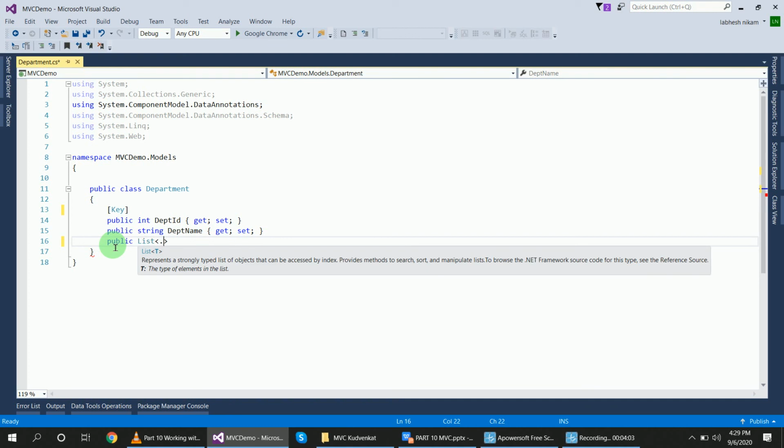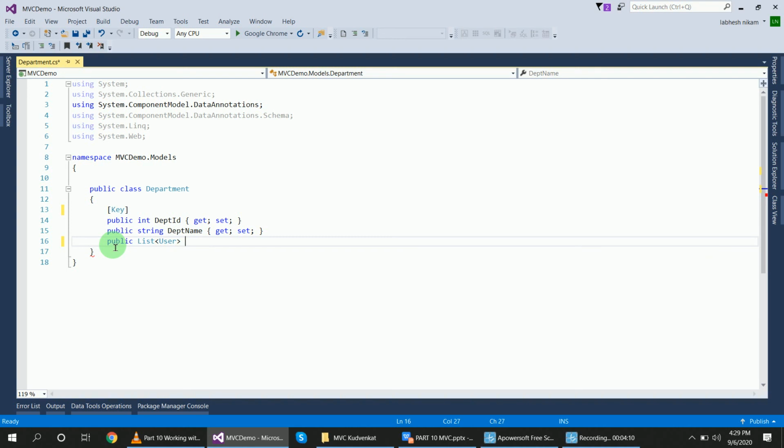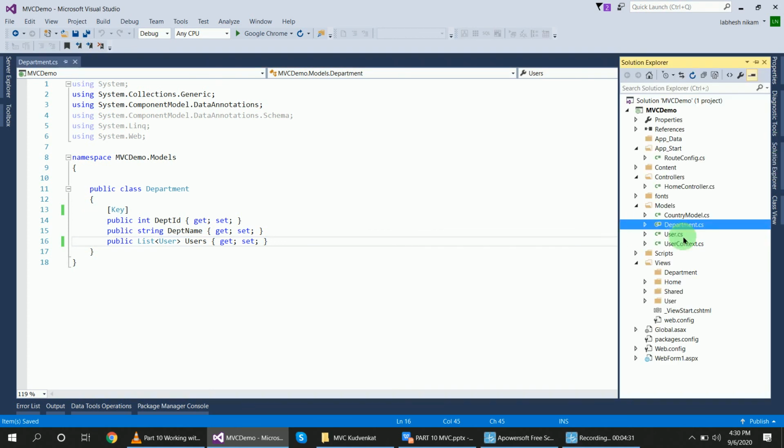My table name is user, so public List of User, suppose its name is Users, with get and set. So this department class is completed here, and next is the user class.